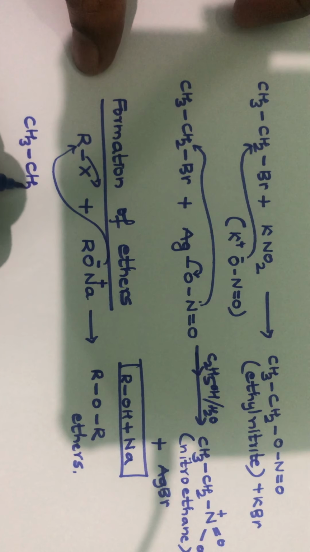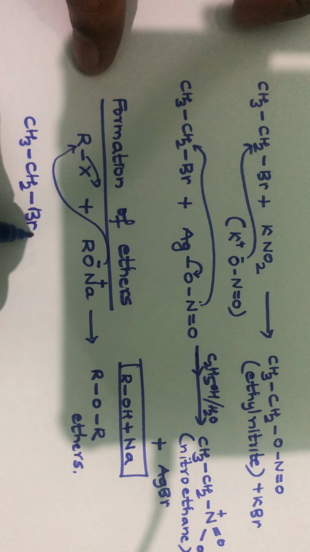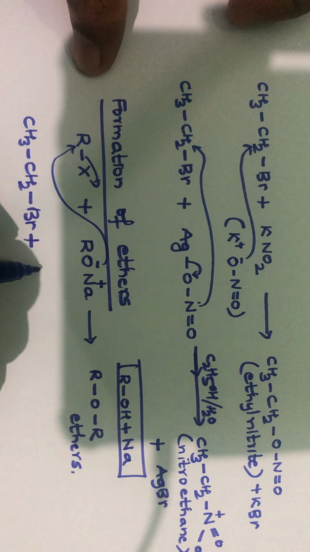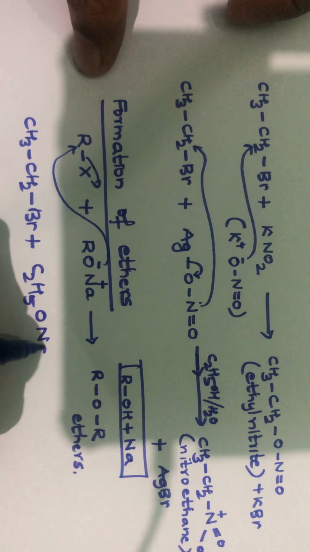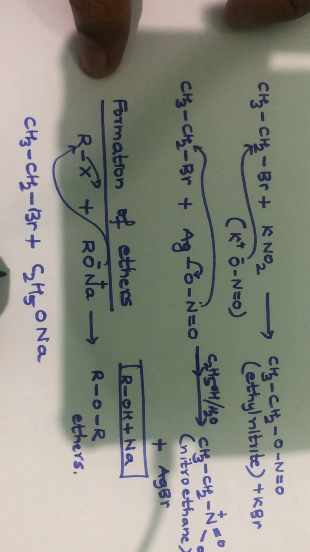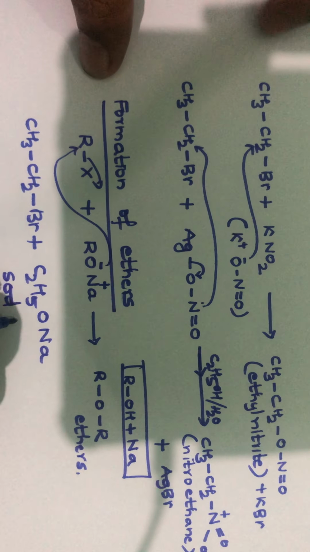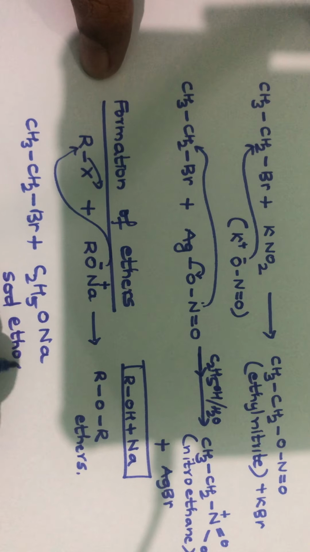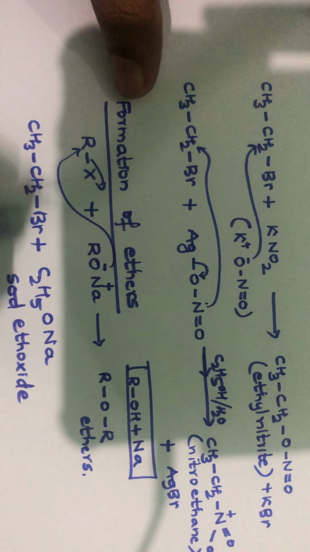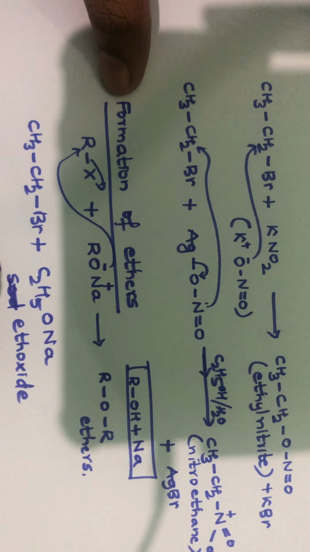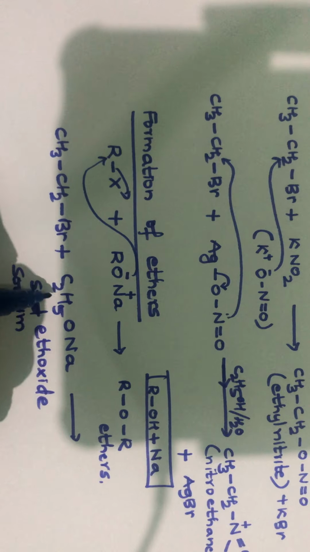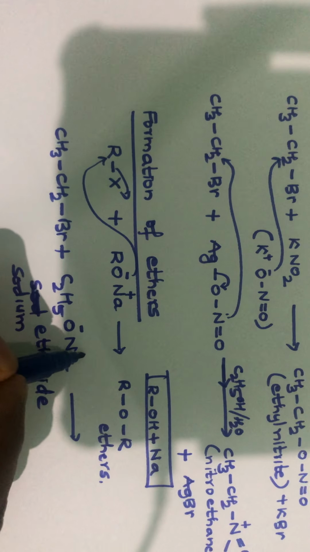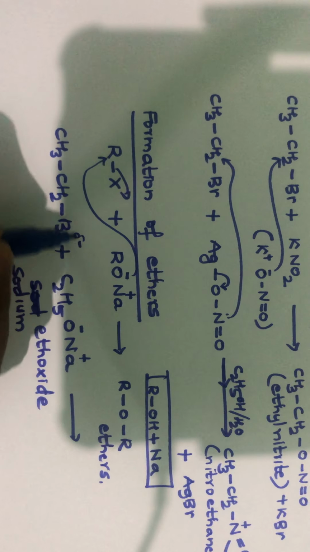CH3CH2Br, when it is treated with sodium ethoxide. This is sodium ethoxide. This is C2H5O minus, this is Na plus,